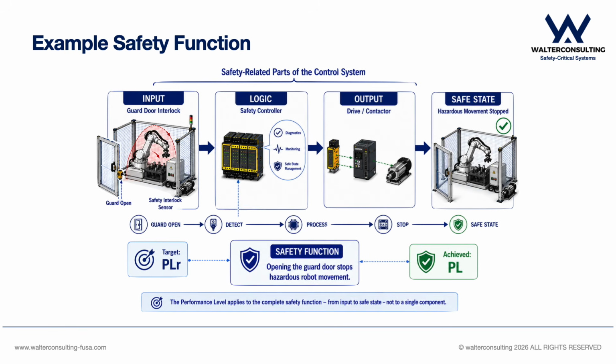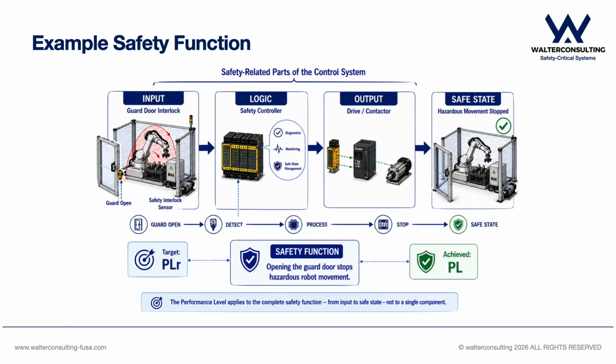The implemented safety function must be evaluated as a system. For our robotic cell, the result of this evaluation is the achieved PL. We can then compare that result with the PLR established earlier during the risk assessment. But demonstrating the required performance level is only one part of completing the safety function. We also need to confirm that the function has been implemented correctly and that it actually provides the intended protection